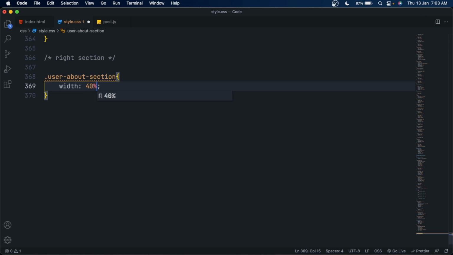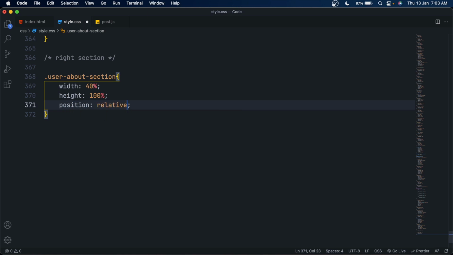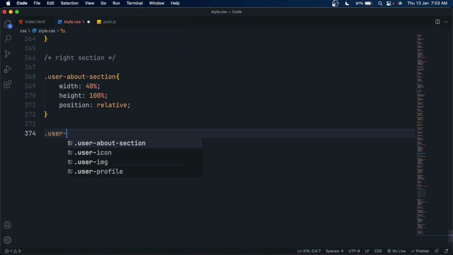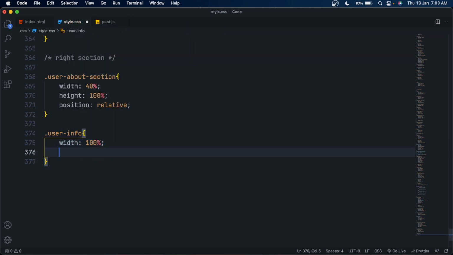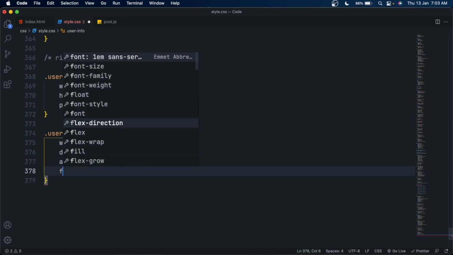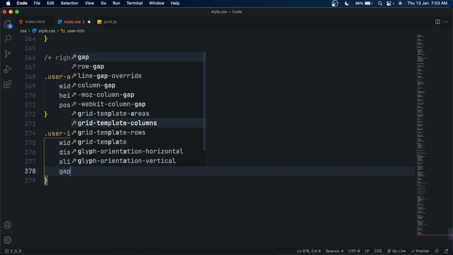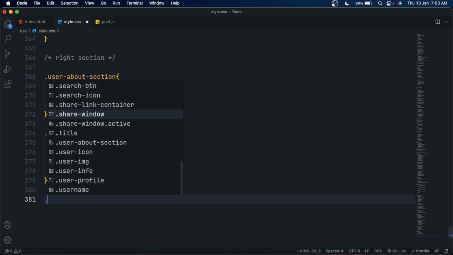Set its width to 40% because our post container has a width of 60%, so the total is 100%. Set its height to 100% and set its position to relative. This is important. Set its position to relative. Then select the user info and set its width to 100%. Use display flex to make the image and the info side by side. Set its align items to center to make the elements centered, and the gap property will make the gap between